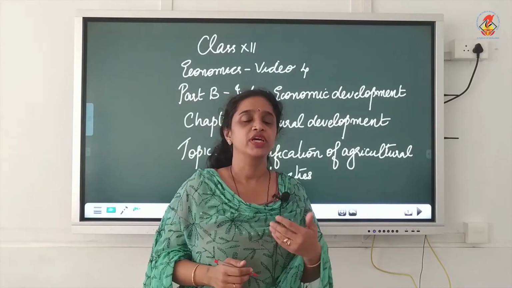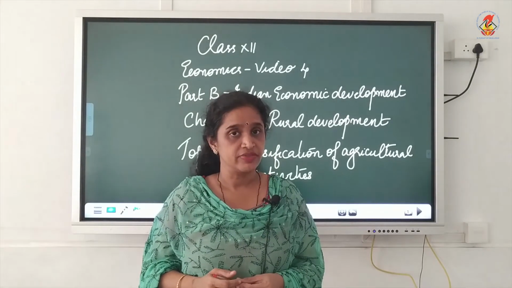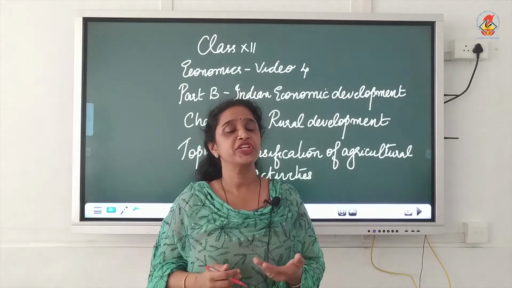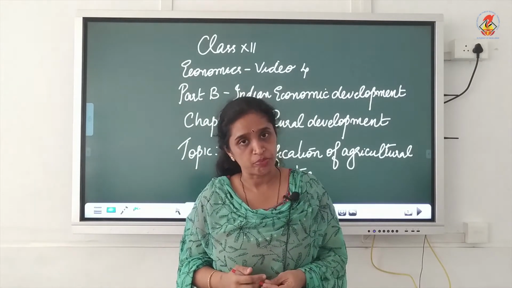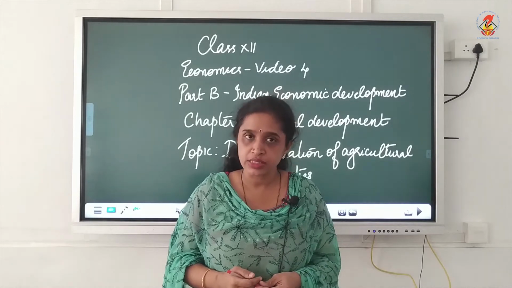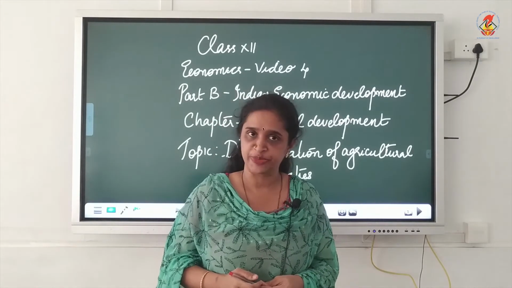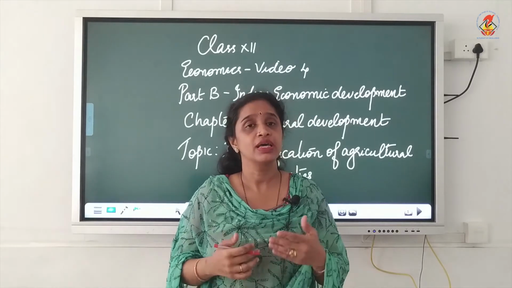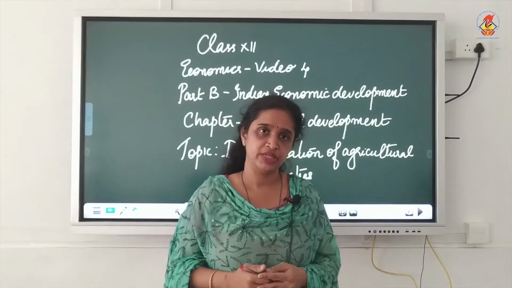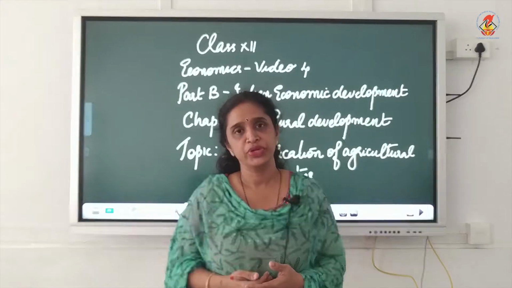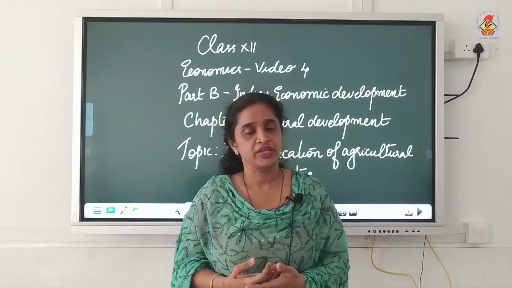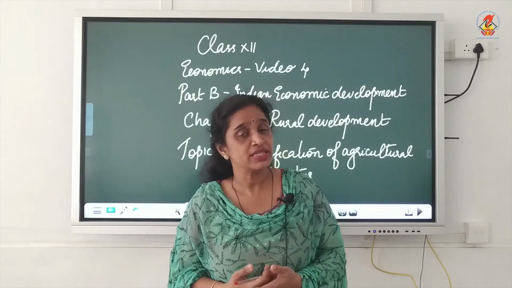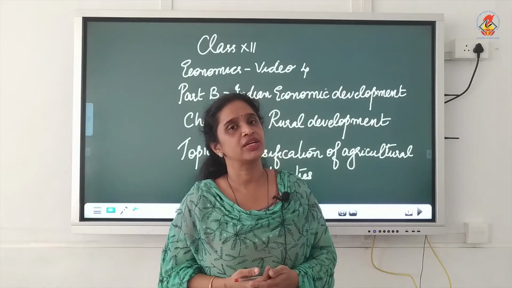Dear children, we are learning the chapter Rural Development. In that chapter, we finished discussing the two main topics, agricultural marketing system and rural credit system. These two are the most important elements of rural agricultural development. Now, today we are going to discuss a new topic in the chapter which is known as diversification of agricultural